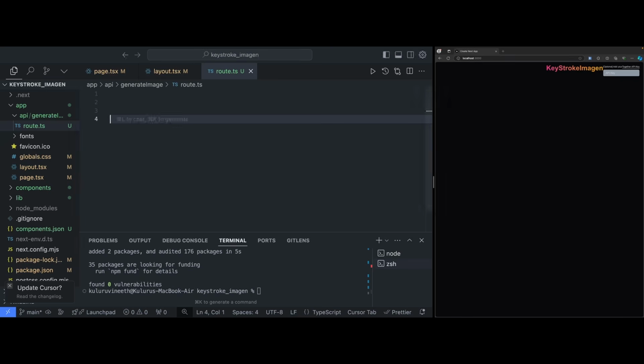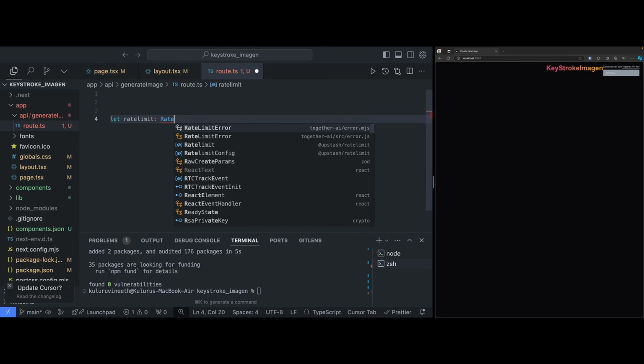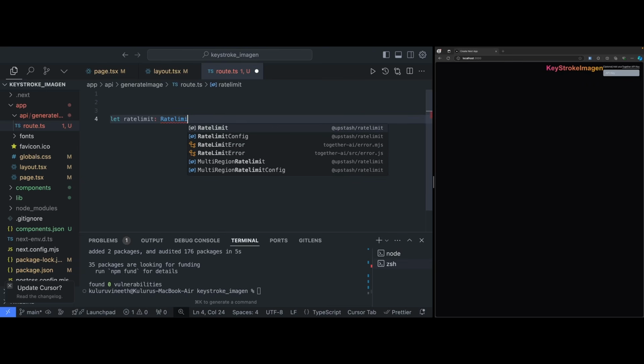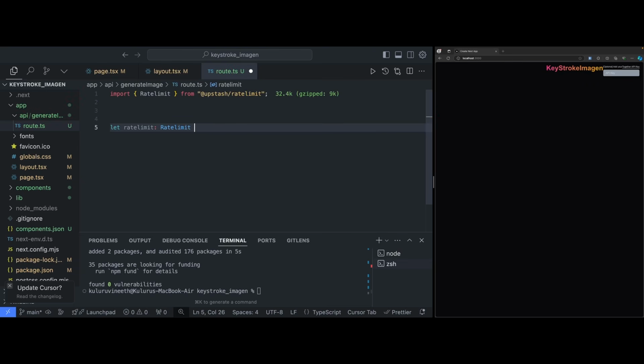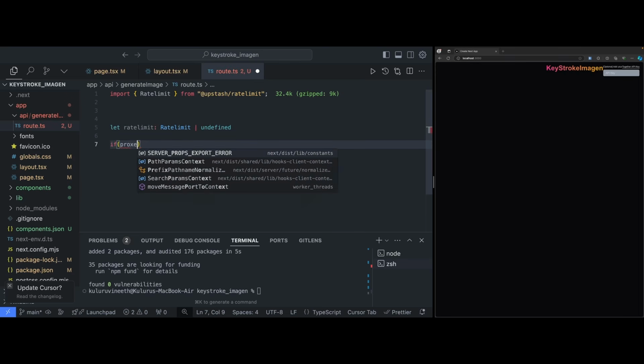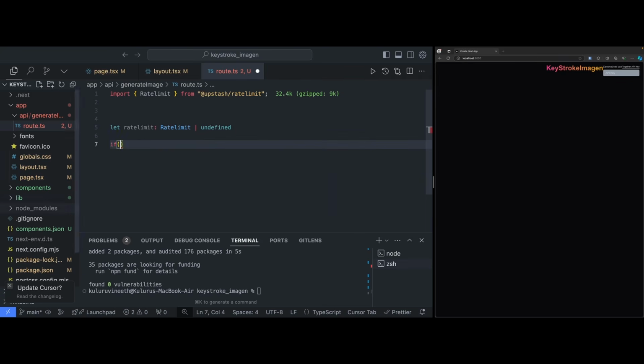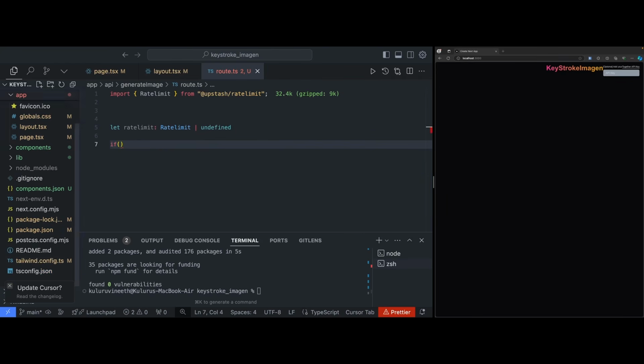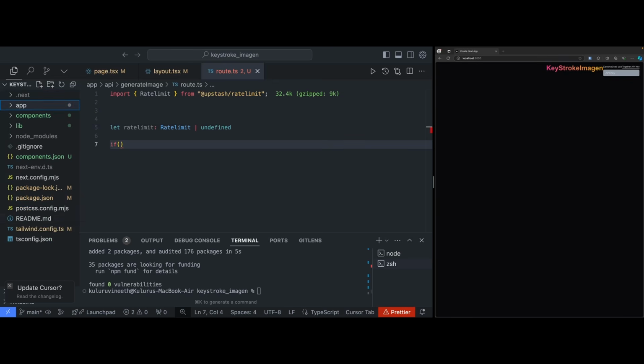So let's create the global variable, which is the rate limit, so that I can create a rate limit object. So I'm just going to use this one, so it can be of this type or undefined. So I'm just going to specify that, and here I'm going to create this environment file. So let's just close in here. So first let me create